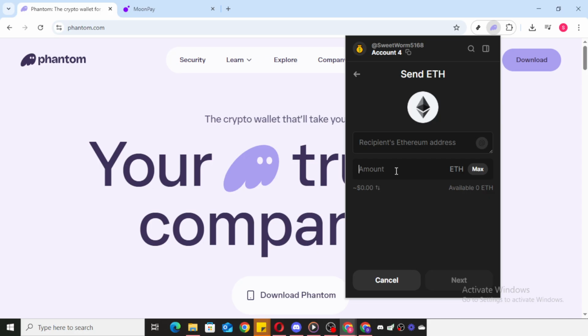Once you've entered the desired amount, click Next and follow the on-screen prompts to complete your transaction. The prompts will guide you through any confirmations needed to ensure the transaction is finalized. Remember, handling cryptocurrencies requires careful attention to detail to keep everything secure and accurate. By following these steps, you'll be able to send Ethereum